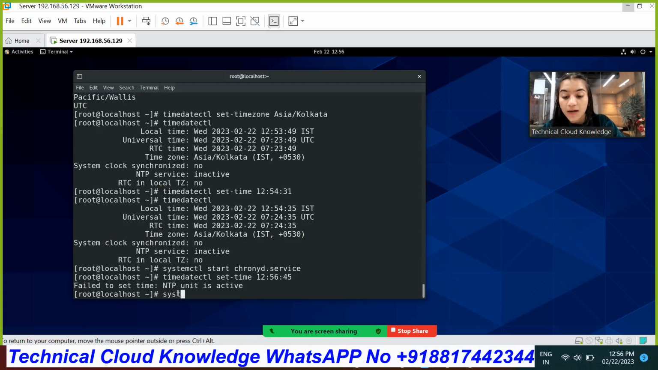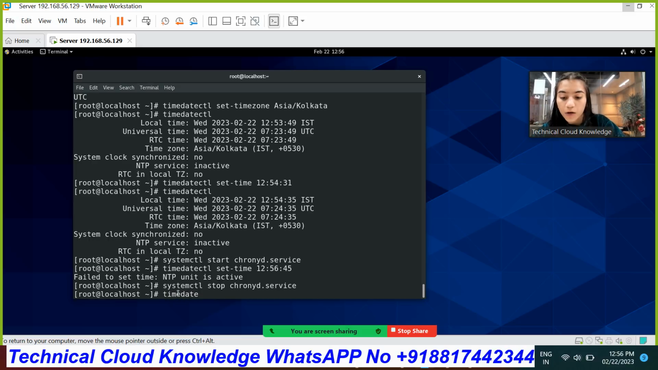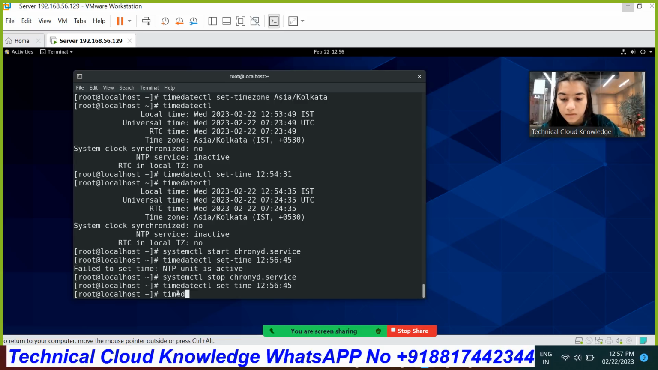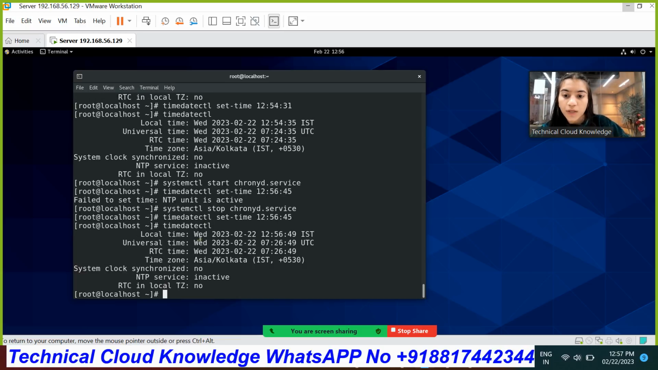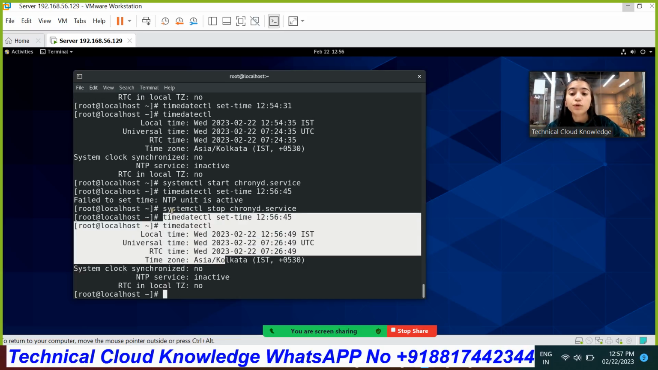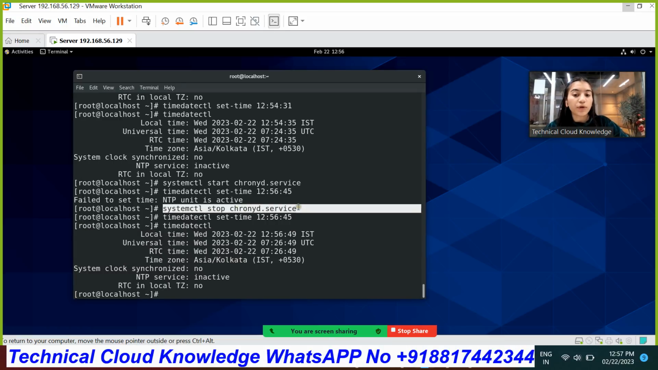So for that, you need to run the command systemctl stop chronyd.service. Okay. Then you will be able to set the time according to yourself. Now run. So that's how you are easily able to set time when you run this command, systemctl stop chronyd.service, and